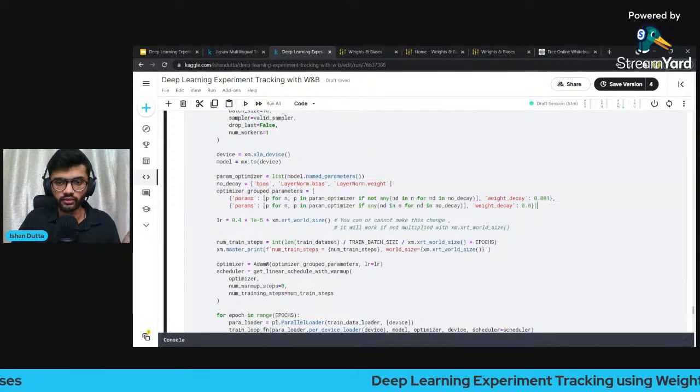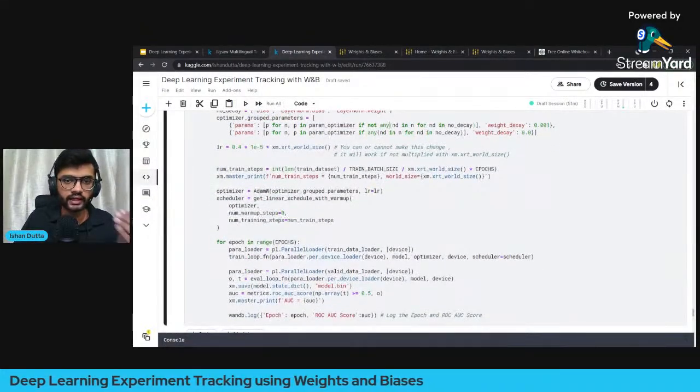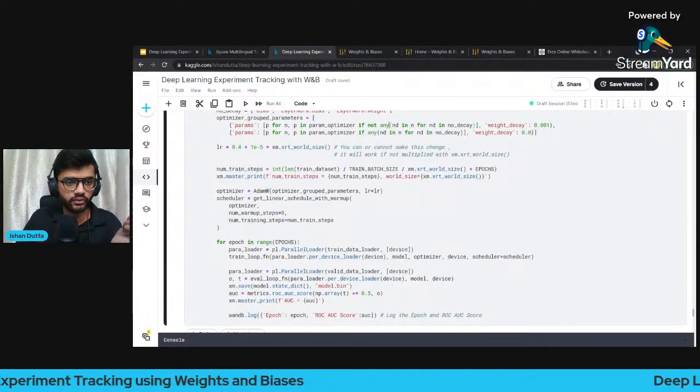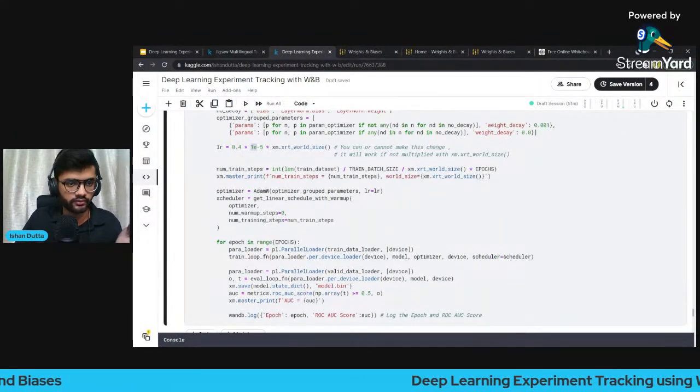You can leave it as default also, but if you can play with it a bit, it will be good. We have a limited time, so I can't explain it in detail. Then you have to declare the learning rate. In this case, I'm using a learning rate of 0.4 into 1e minus 5, into